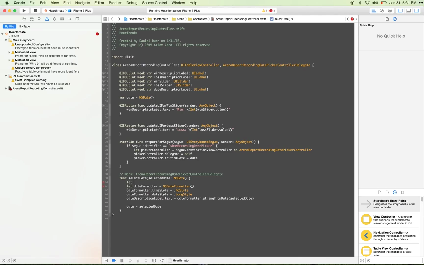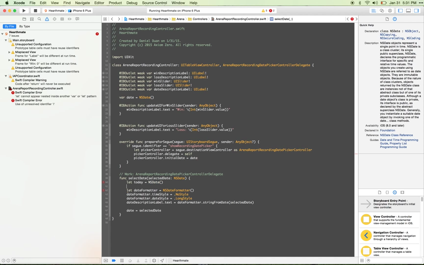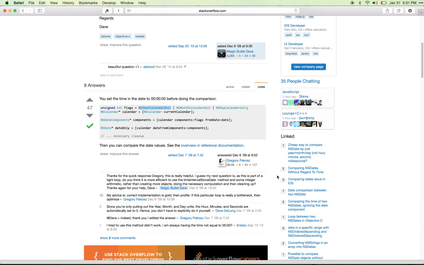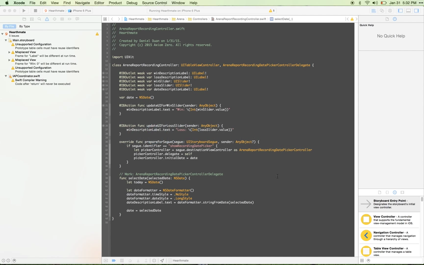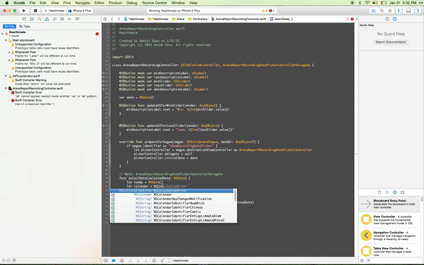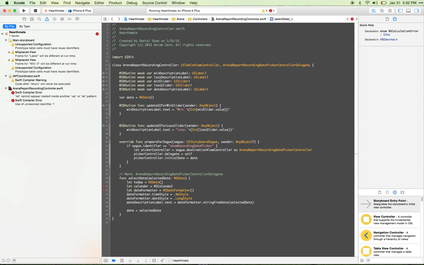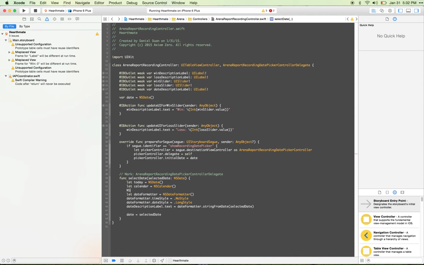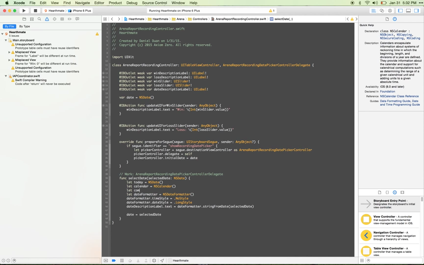Today is state. We have the other date, selected date, and now we create those components and create a calendar. Let calendar equal NSCalendar. Okay, NSDateComponents,